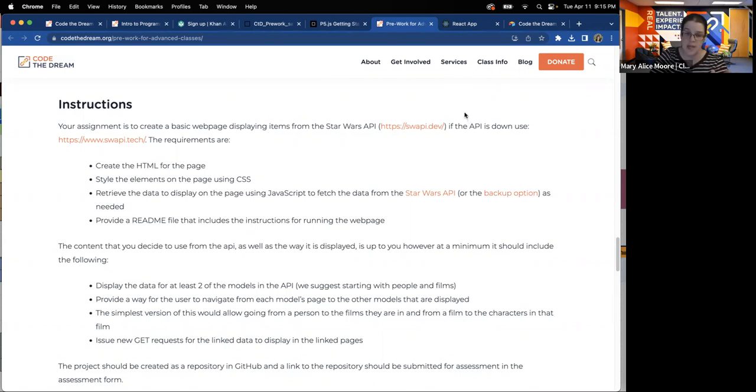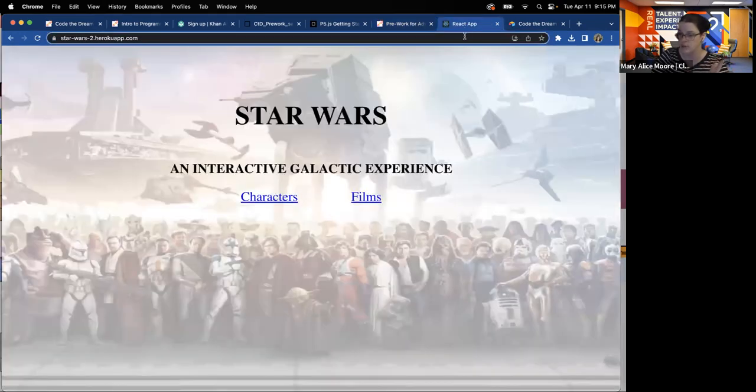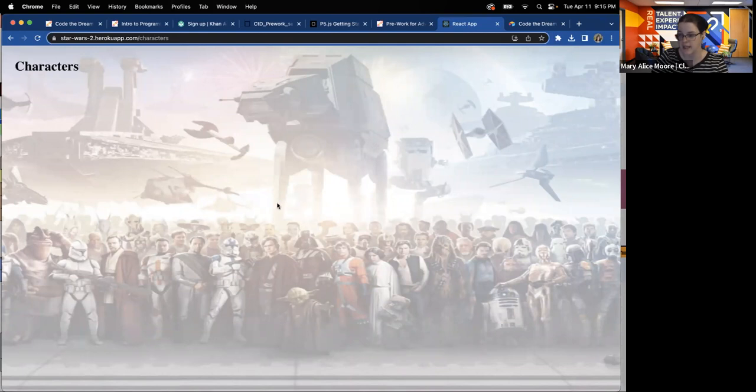So it doesn't have to be anything really over the top fancy. I did pull up somebody who did a little bit of a fancier one just so you can see a visual of what it should look like. Obviously, this is a little bit fancier because they put in an image in the background. But the main takeaway is you should have a site that you can click a link and it'll